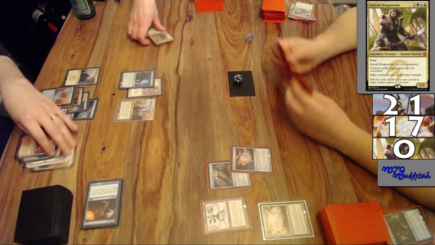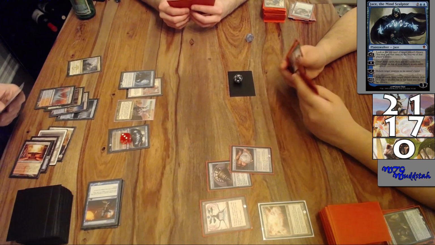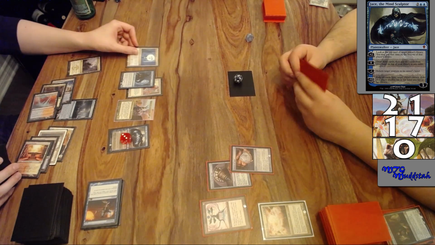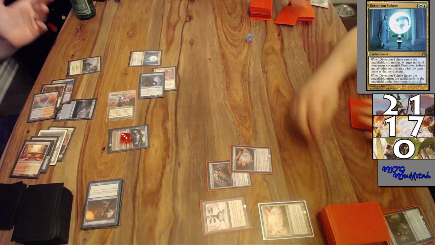For my turn, I untap, draw, and immediately cast Jace the Mind Sculptor, using his 0 ability to brainstorm. Thankfully, Jace's digging 3 deep allows me to find a game-winning card in the form of Detention Sphere. Knowing when he's beat as his elementals are exiled, Child scoops up his cards and makes me the winner of